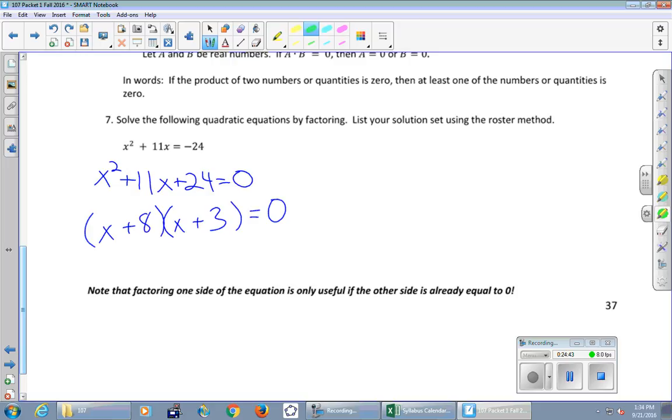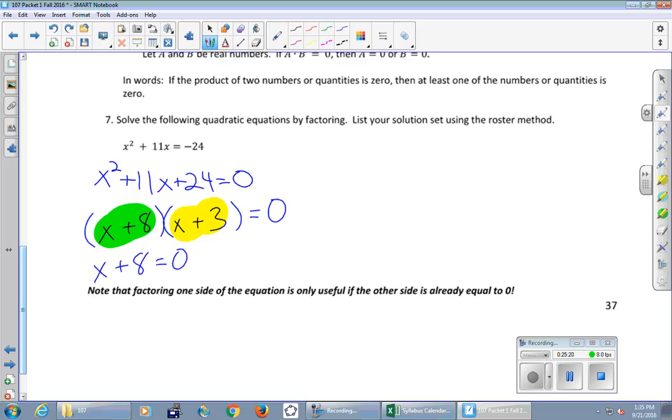Okay, so here's a fact. This thing in here is a number. And it looks complicated because it's two terms, but that's okay. X plus 8, I'm just thinking of as a single number inside parentheses. X plus 3 in the parentheses is just a single number. Forget about the complications inside here, but I've got two numbers multiplied together, and I get 0. What's the only way that I can multiply two numbers and get 0? Is if one of them is 0. That's the key. So for sure, either the green thing is 0 or the yellow thing is 0. And that's two simpler equations than anything I've got written up here. And I'm going to write them.